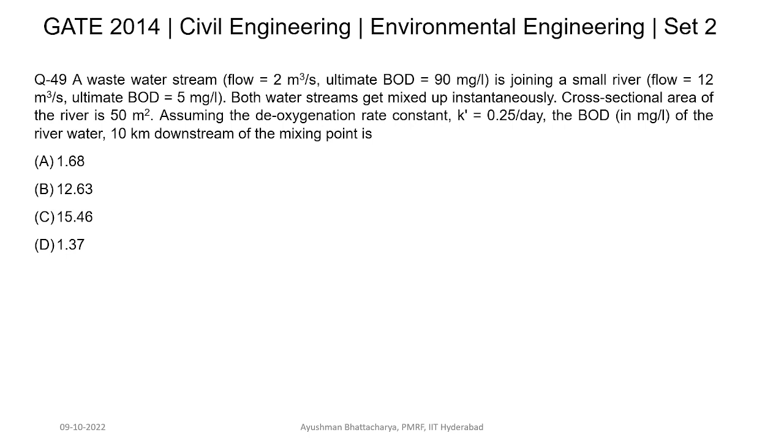Cross-sectional area of the river is 50 meter square. Assuming the deoxygenation rate constant is 0.25 per day, the BOD of the river water 10 km downstream of the mixing point is. So basically in this question,